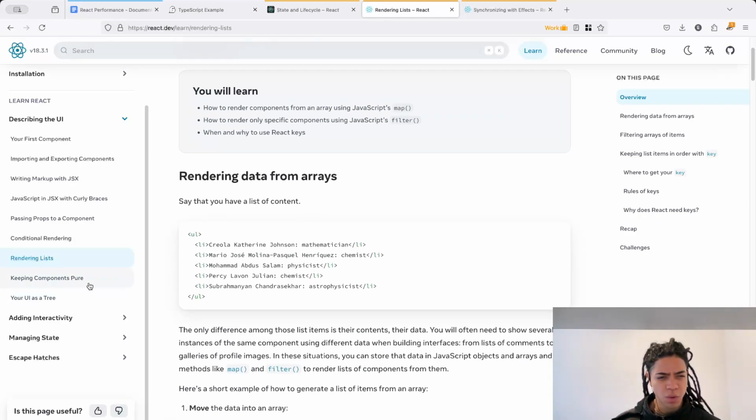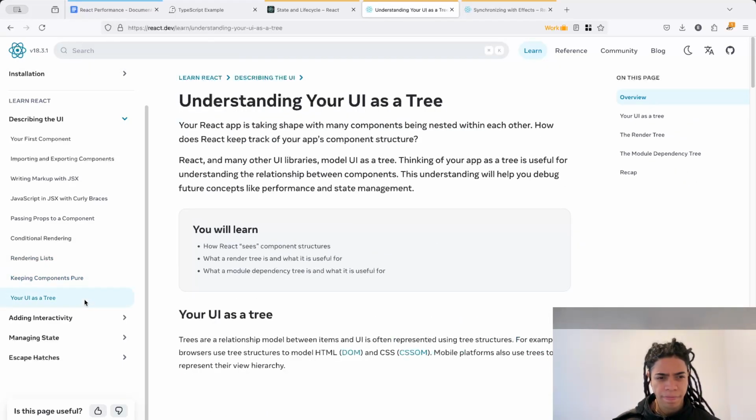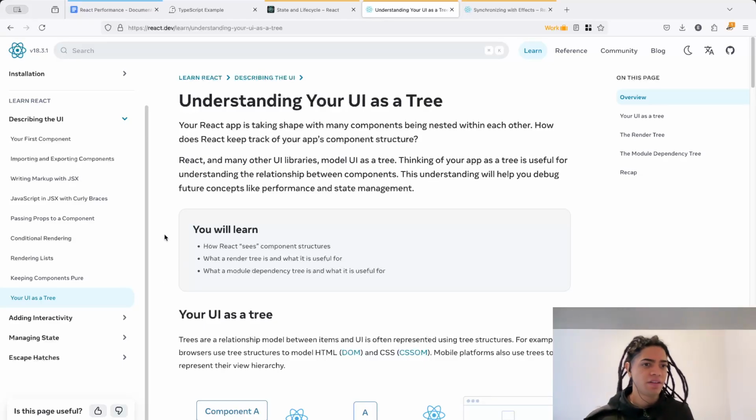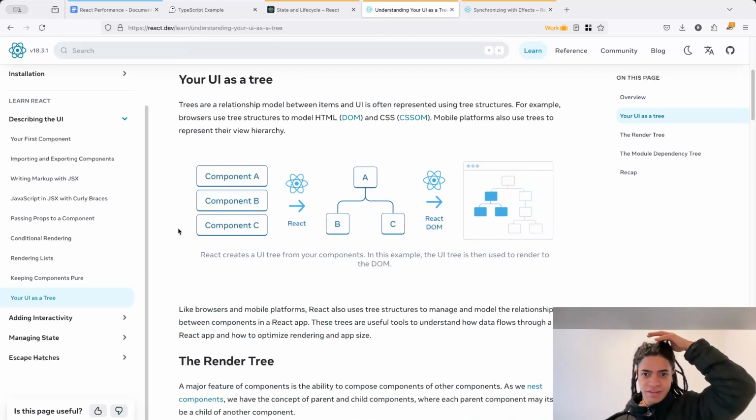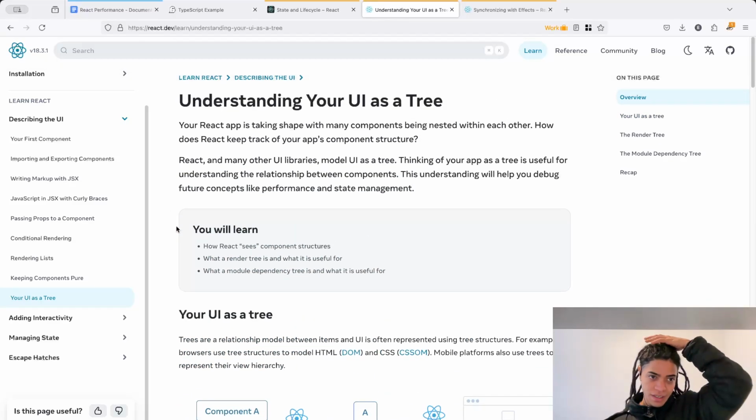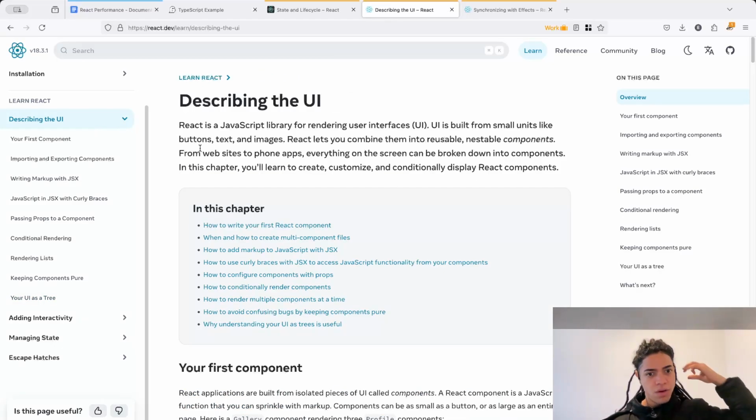Rendering, but what we care about here is your UI as a tree. Exactly. This is it. All right. Exactly. Why are you taking so long to actually go and